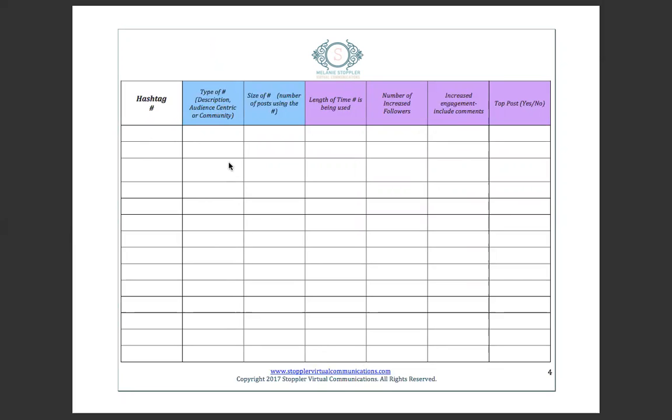When you do this, what you're next going to do is go into Instagram and record the size of the hashtag. This takes time, and you have to be patient with it because you're going to go through a lot of different possibilities before you find the ones that work best for you. So if you write down your hashtag here, and you've labeled it as a description tag, next write down the size of the hashtag. How you find out the size is by searching the hashtag on Instagram, and it will show you how many posts are using this hashtag, and that is the size of the hashtag.